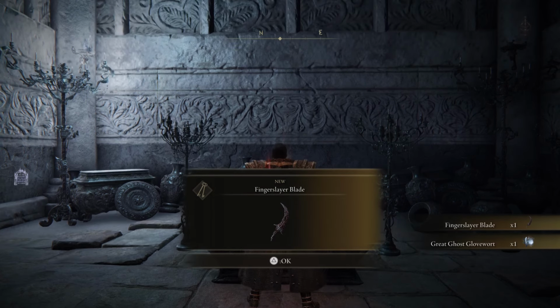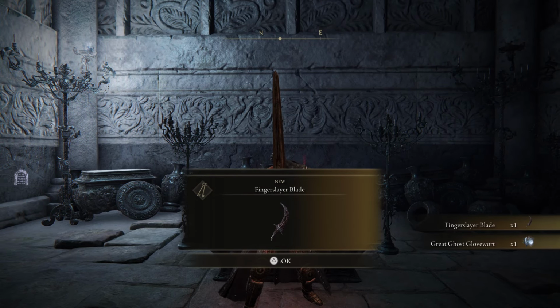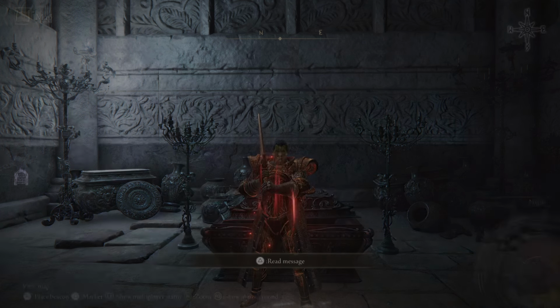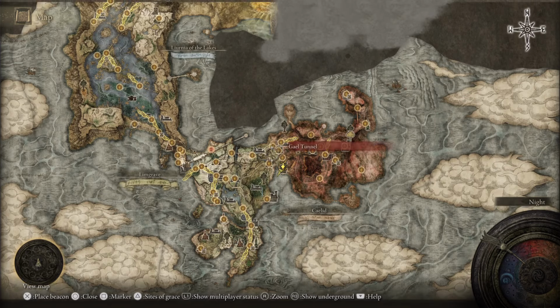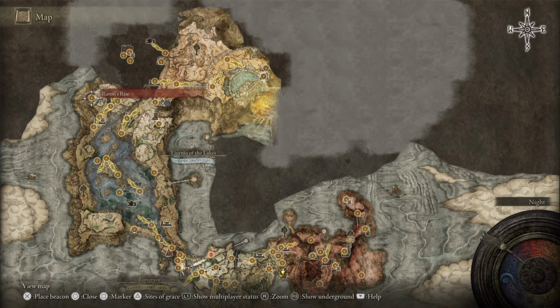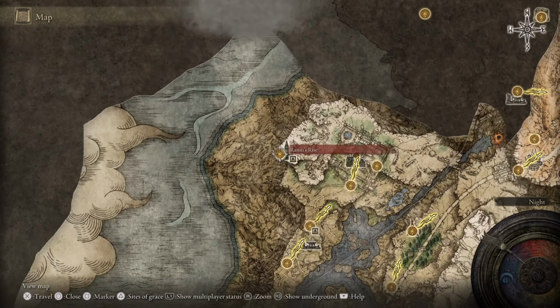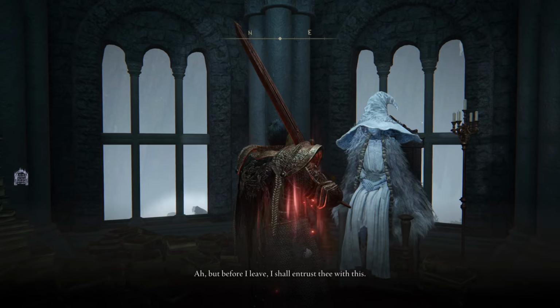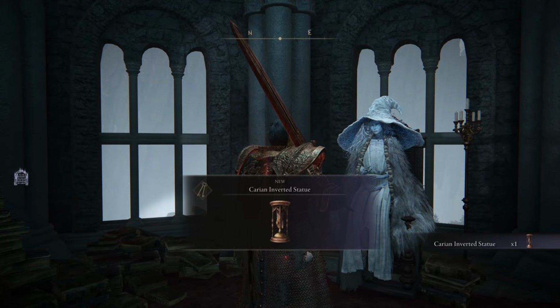So pick that up, warp back to Ranni's Rise. Talk to Ranni. She in turn is going to give you a statue, which we're going to be using later on in this run. But before I leave...